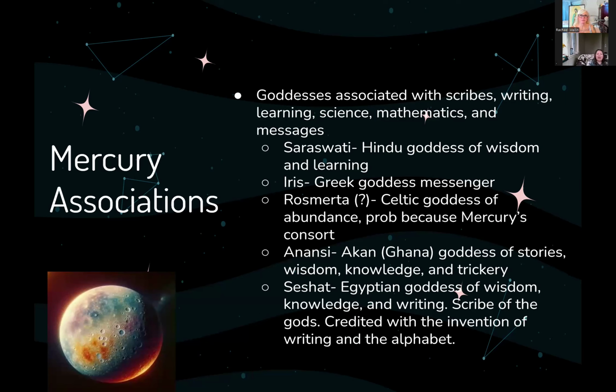I didn't find a ton, but I found a couple. So we have Saraswati, which is the Hindu goddess of wisdom and learning, so perfect fit. We have Iris, who is the Greek messenger goddess. We have